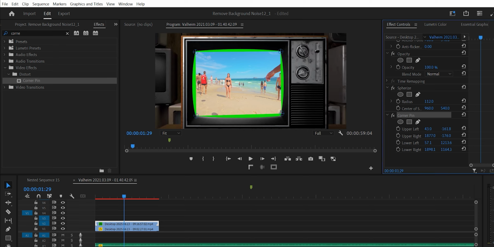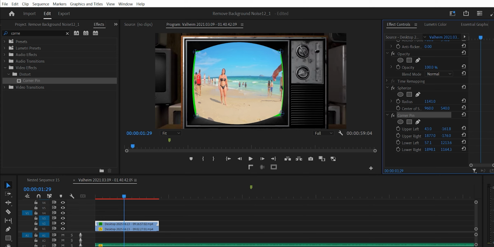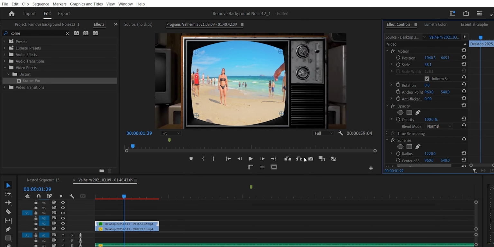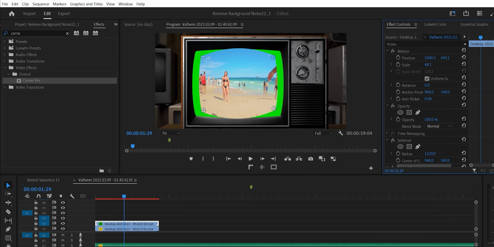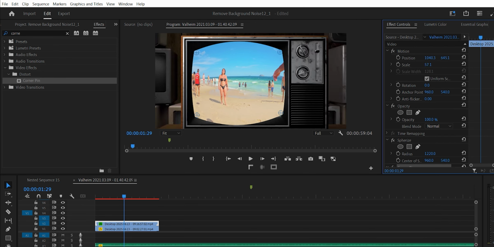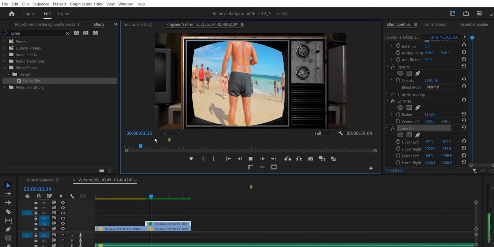The last thing that you need to do is to increase the sphere radius until your video begins to conform with the curves of the TV. Following that, by increasing or decreasing the scale, you can make sure that it fits nicely within the frame. Everything is ready, let's see the